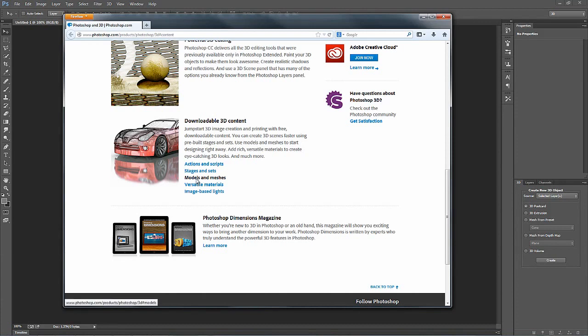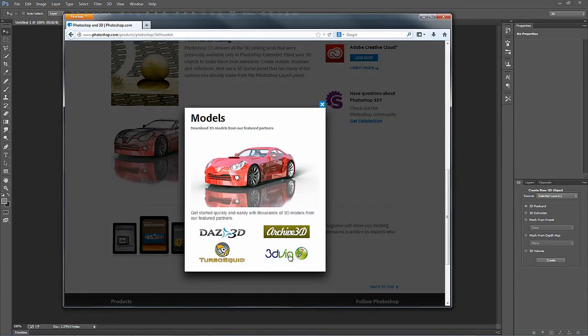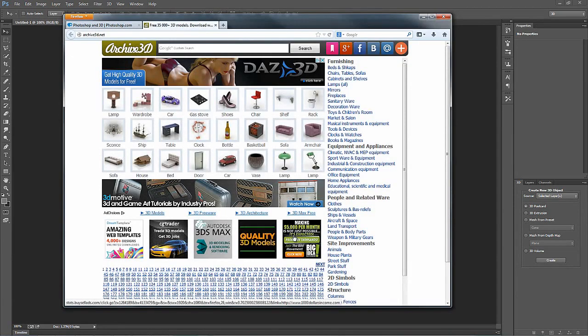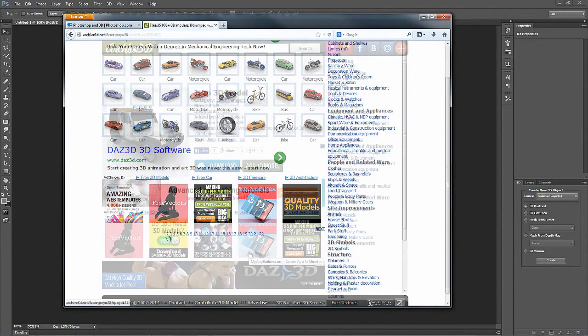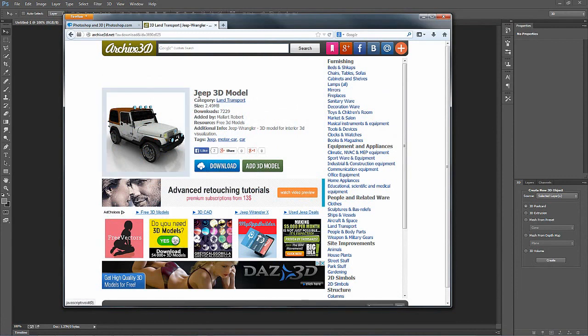So let's try the Models and Meshes link, and we have 4 to choose from here. I'm going to go with the Archive 3D. And that brings up this site that offers a whole host of different models for free. I'm going to the Land Transport category and start looking through for one of these car models that I might like. So I've decided on a Jeep 3D model, and I'm going to hit the download link,